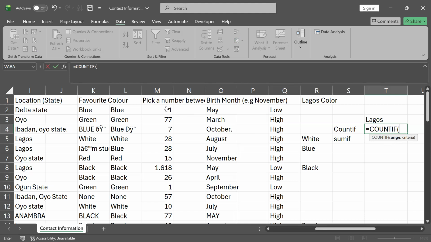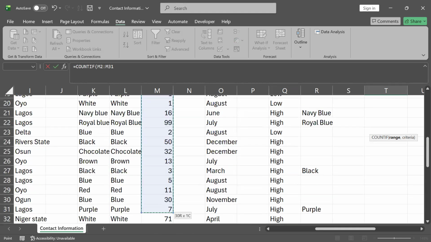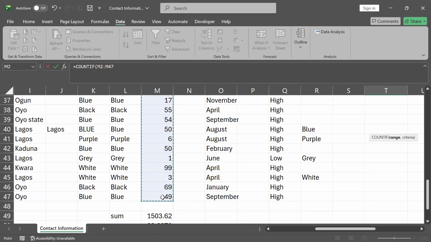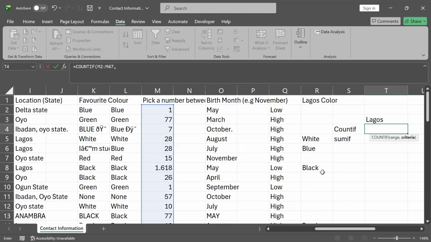Now, I want to count these particular numbers here. So I'm going to select everything, all of the numbers. So this is the range that I want to count, comma. Now, it's asking me for the criteria. The criteria is